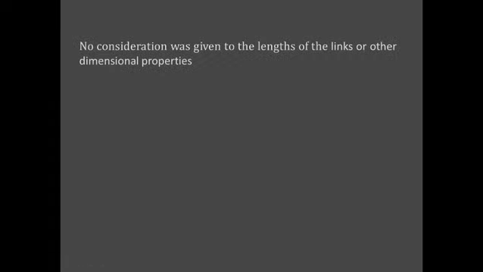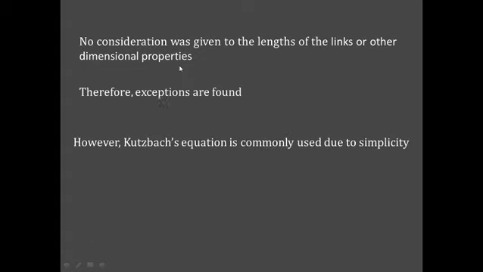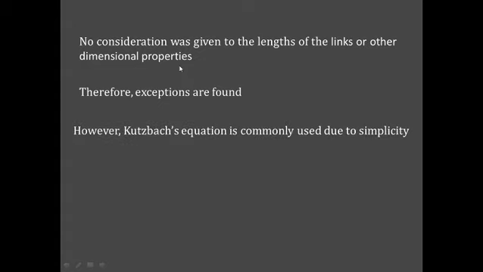The reason behind this failure in giving the correct result is that the Kutzbach equation does not involve any characteristics related to length or dimension of the mechanism. Because of that, in some cases it fails to give the correct results. But if we include those dimensional parameters in the equation, the equation will be very complicated and we will not get results easily. So for simplicity, Kutzbach equation has proved to be a better option to calculate the degree of freedom for most of the mechanisms.